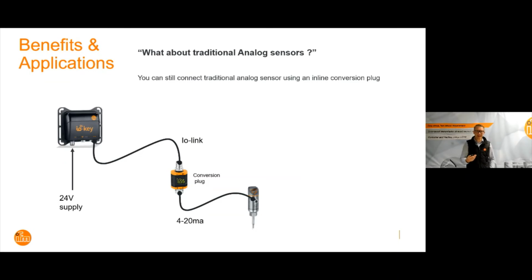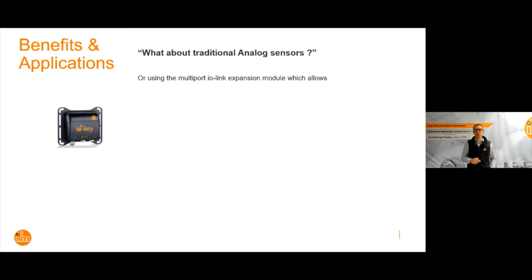And also, as stated before, there's 2 Ioke ports here, not just one. So we could actually do 2 sensors onto the Ioke in this case. So this is one way. A second way to do this would be to make use of what we call the Multiport Ioke expansion module,